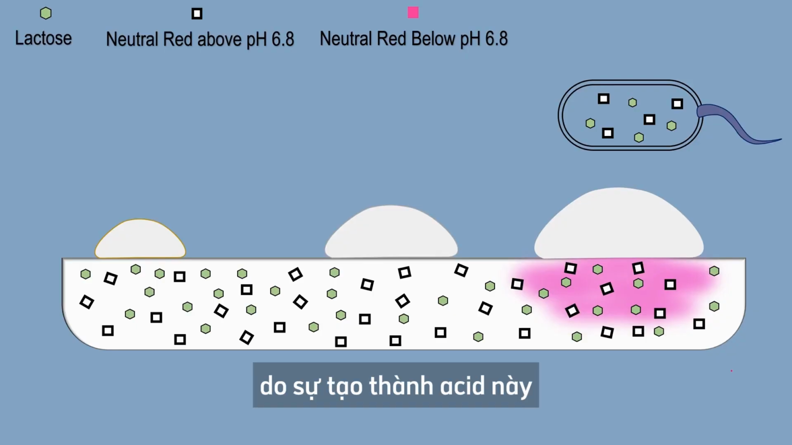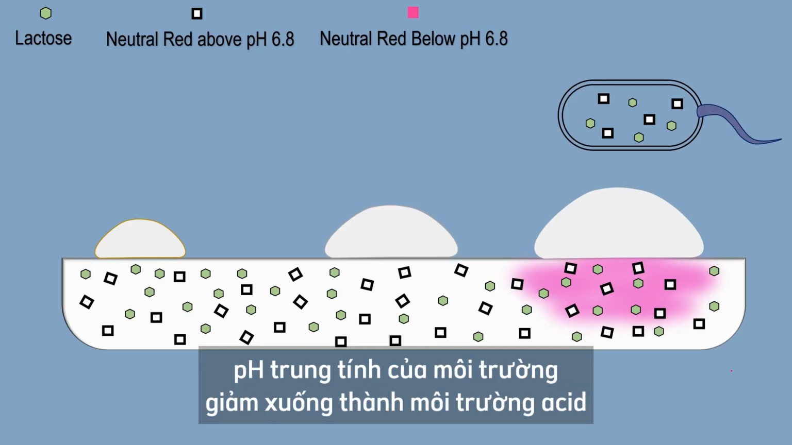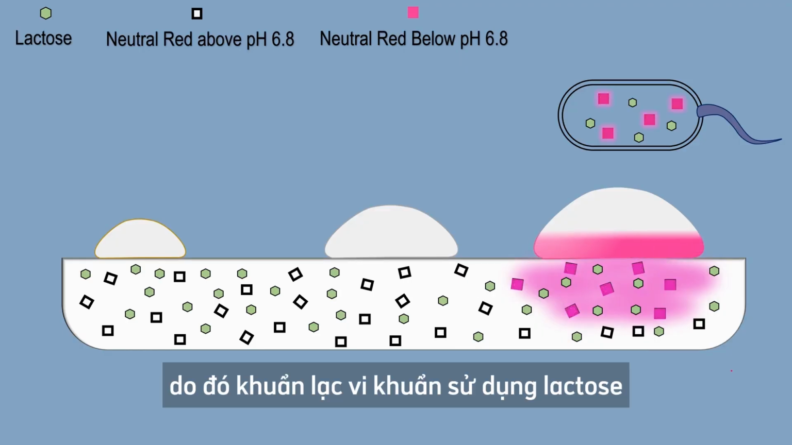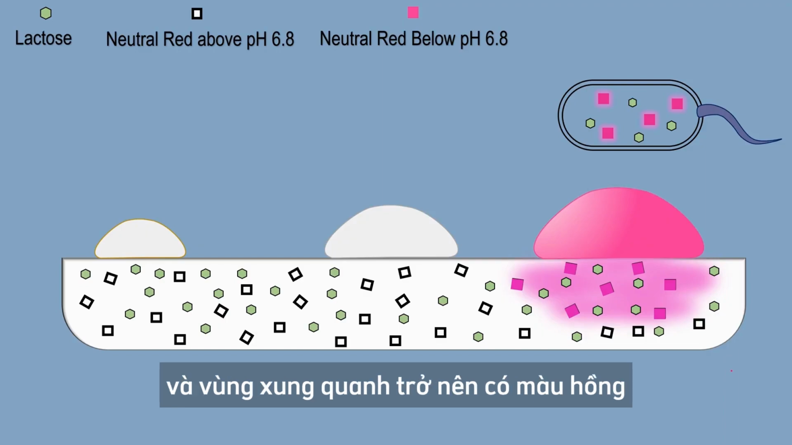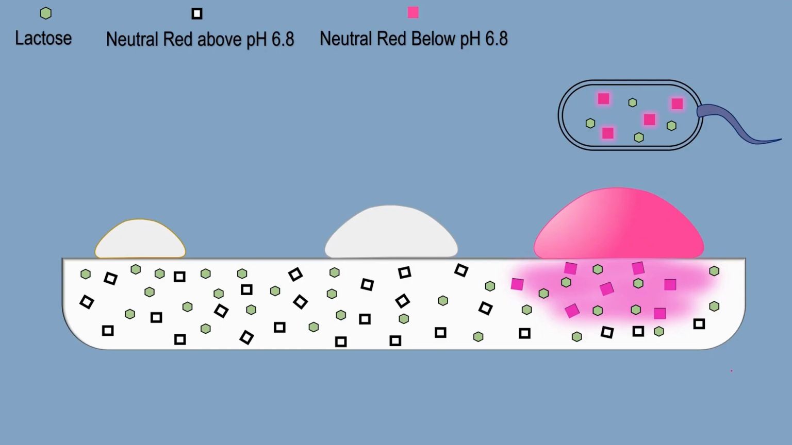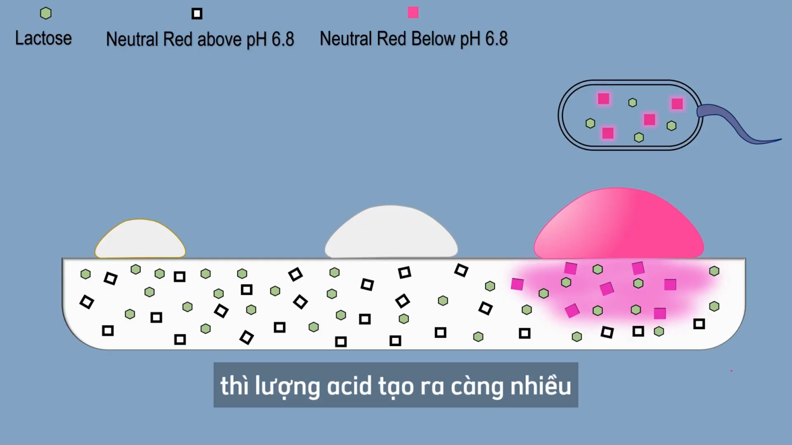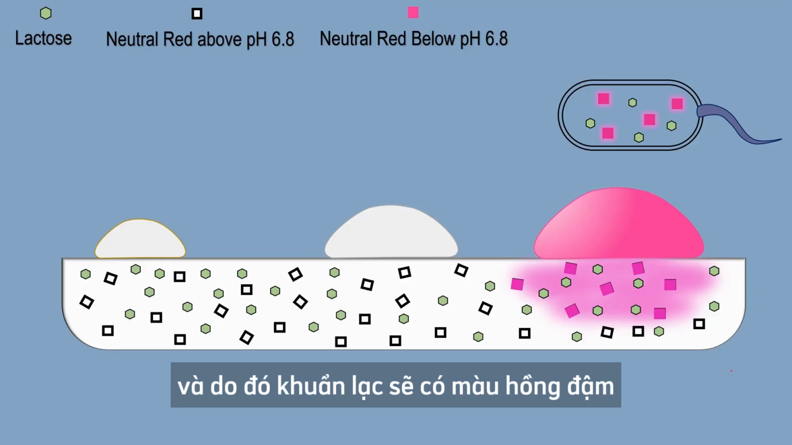Due to this acid production, the neutral pH of the medium gets lowered to acidic, and the colorless neutral red molecule becomes pink at acidic pH. Therefore, the bacterial colony utilizing lactose and the surrounding area become pink colored. So, the more the fermentation of lactose, the more is the production of acid, and therefore there will be bright pink colored